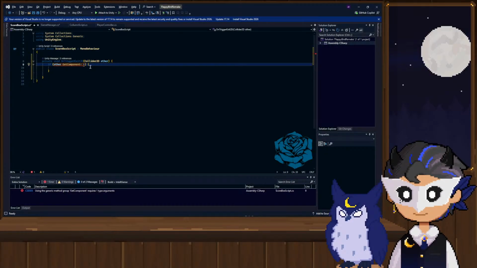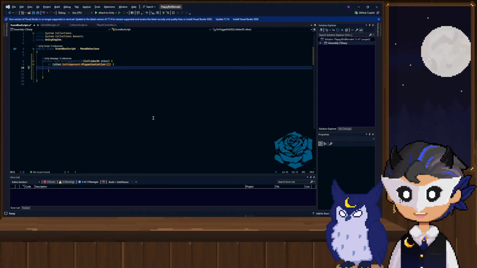PlayerController. If other dot GetComponent PlayerController. I don't like that it's highlighted. So if the other object has the player controller script in it,